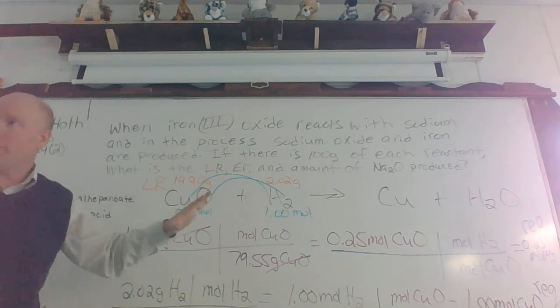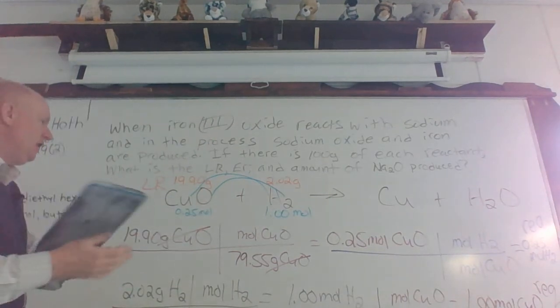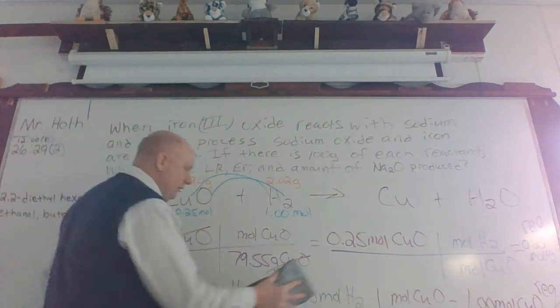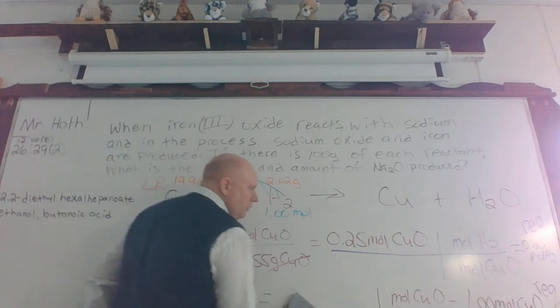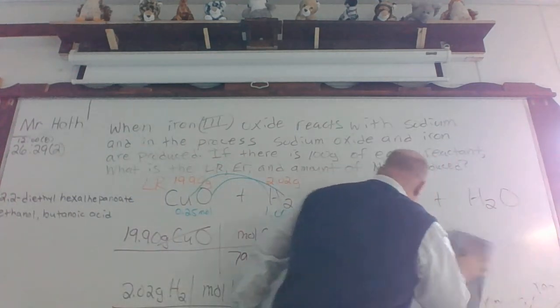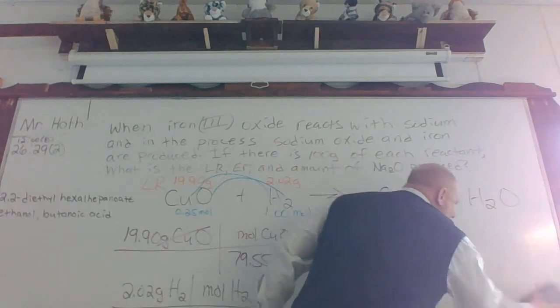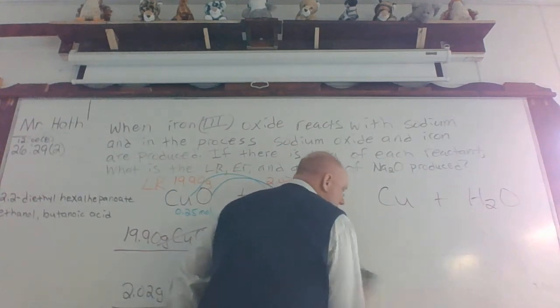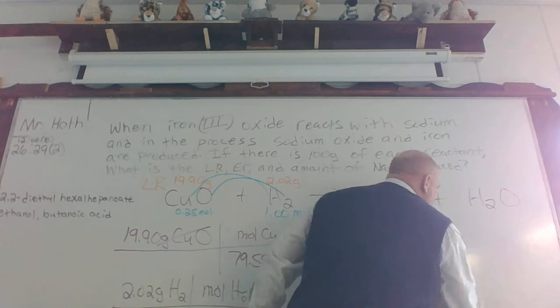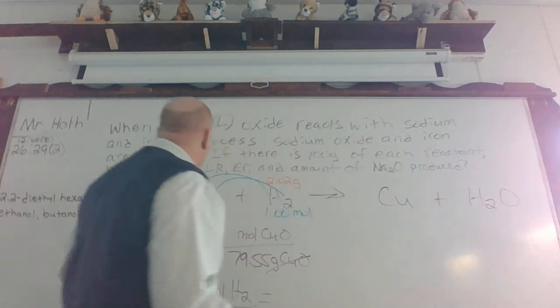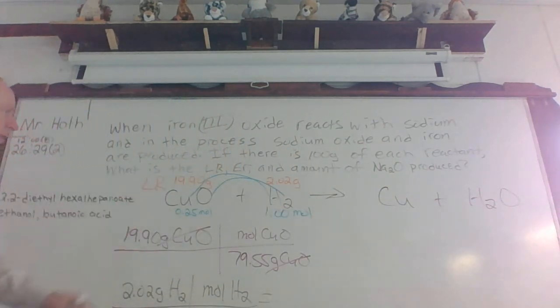Part A or Part B. We don't need to erase all of this. We can just erase this information, because some of you maybe would rather see how much copper we're going to make. So again, we've determined our limiting reactant is copper oxide. So if we were to keep going,